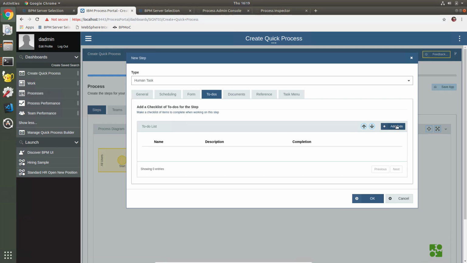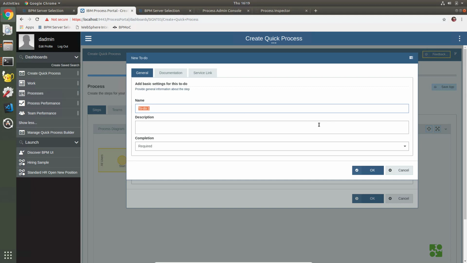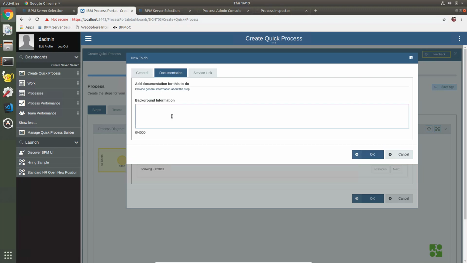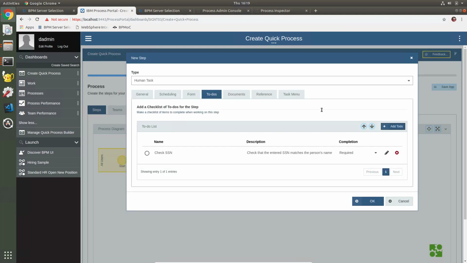So let's add a to-do, and we will call it check social security number. Our description, we will say check that the entered social security number matches the person's name. Okay, so we're going to make this a required to-do, and documentation, check with the credit company. All right. Now, having added this as a to-do, we now have our step, this human task step,